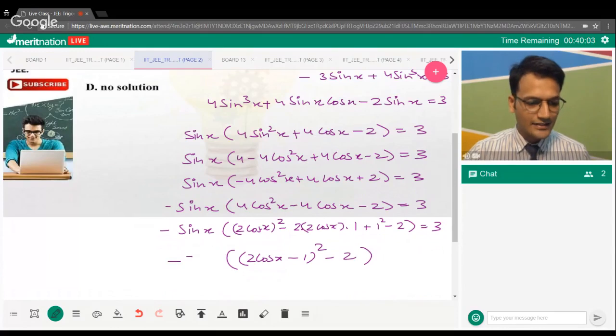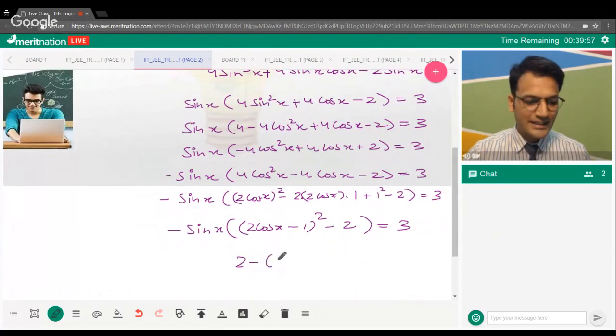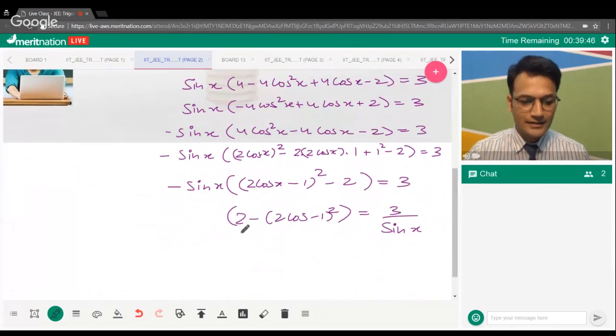And this is negative sine x. I'll put it as it is, equal to 3. If I put that negative inside, we'll eventually get something like this is equal to 3 upon sine x. Now we all can see that this value